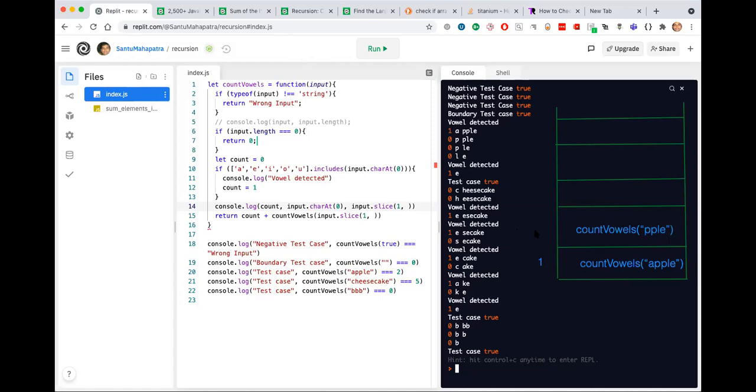Next function on this stack checks for its vowel stuff and it's P, so it's basically 0, nothing here. And this guy calls PLE. This guy looks at its first element and says, okay, return 0 plus, and call this guy, which is LE.